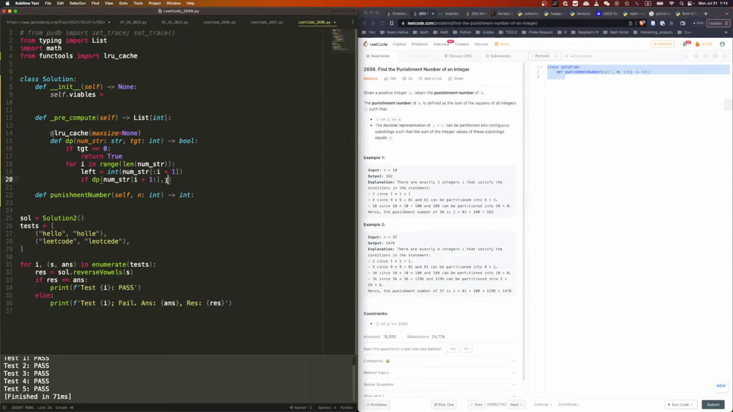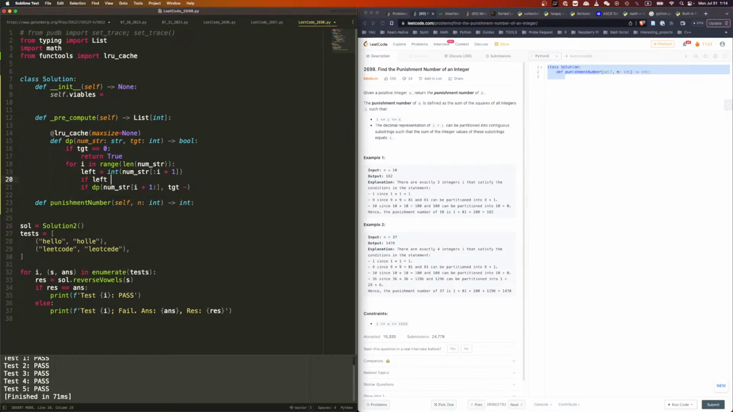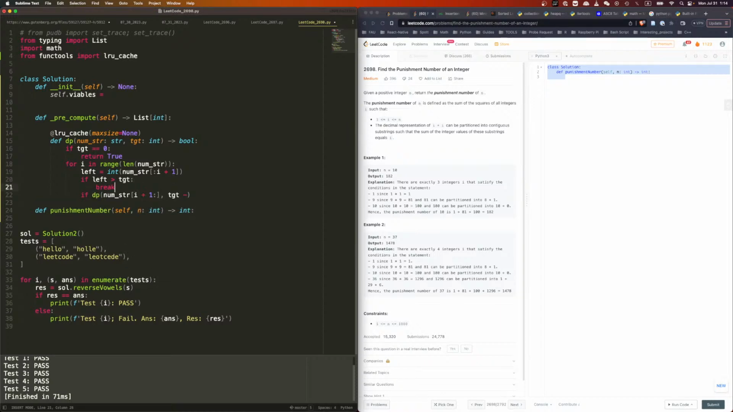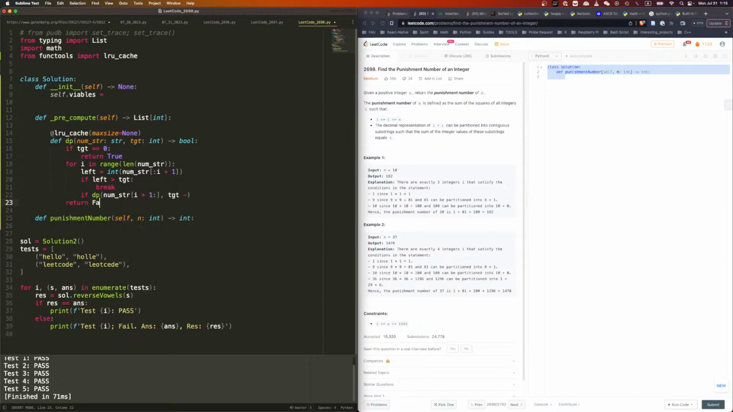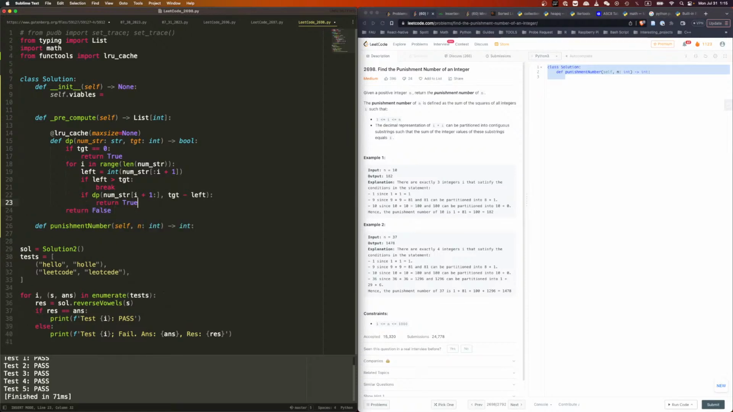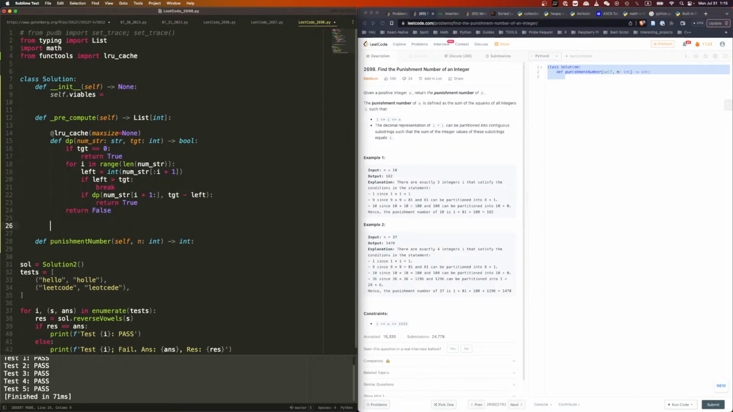And we're going to do this and target minus left. Then we can say if left is larger than target, then we just return false. Now we just break, and at the outside we say return false, right? And then we say if this is the target minus left, if it's true, then we'll return true. If it's false, we keep searching, and then we shall say for I in range from 1 to 1001, if